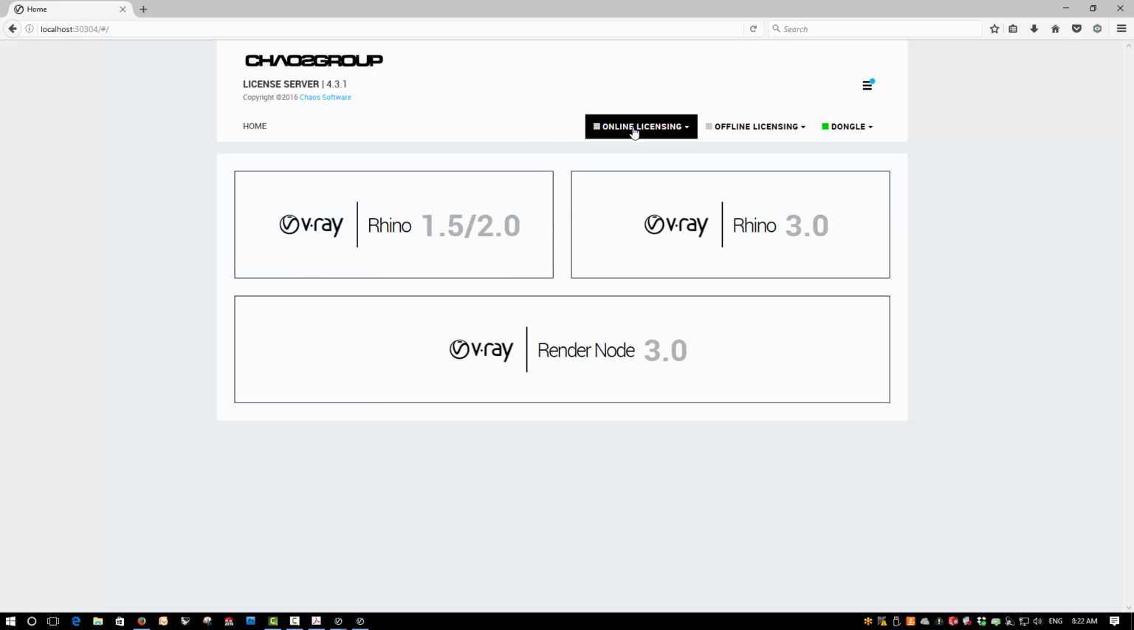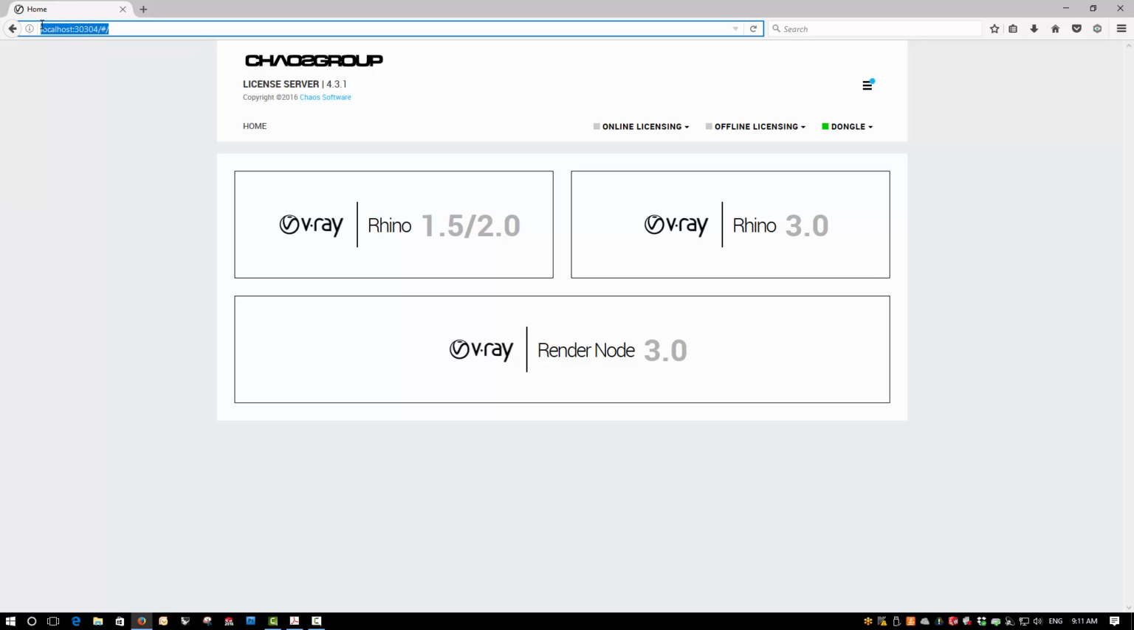Here we can activate online licensing, offline licensing, and you'll see that the dongle licensing is highlighted here. So this page is accessing the local port 30304 to which the USB license or dongle is connected. And the web address for this is slightly different to that which we would use for version 2 of V-Ray. We're going to look at how we actually access this page a little later on, but for now, as we've